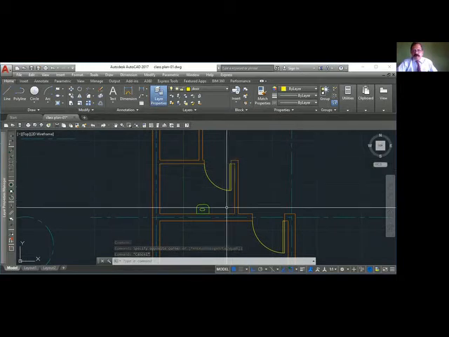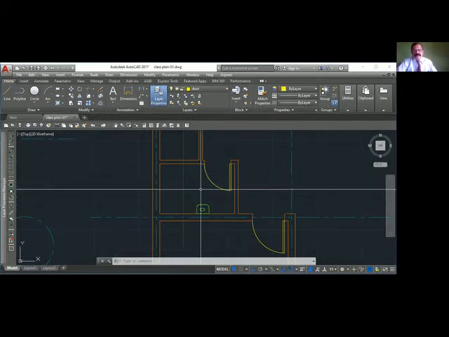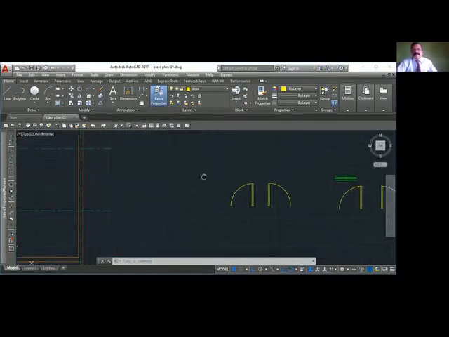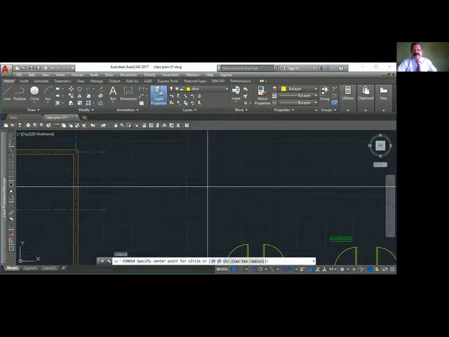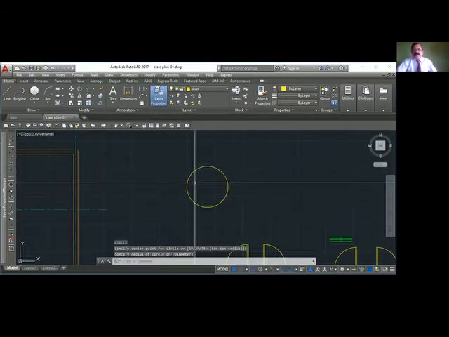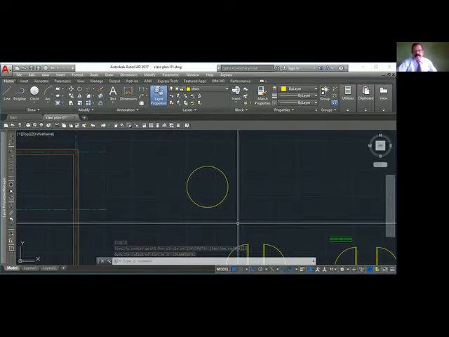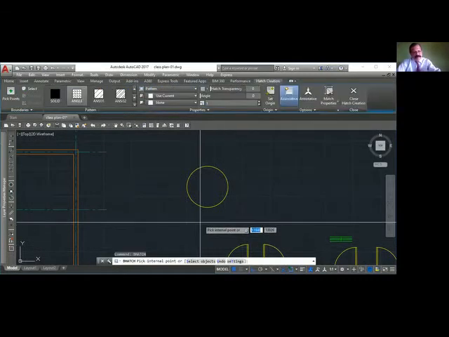So I want to do tiles here inside. So that's what we are going to learn. Hatch, bhatch command. Let me have a small circle here. So I want to do hatch here. Hatch means pattern. So I'll say bhatch. Then you can use the hatch command, no problem.